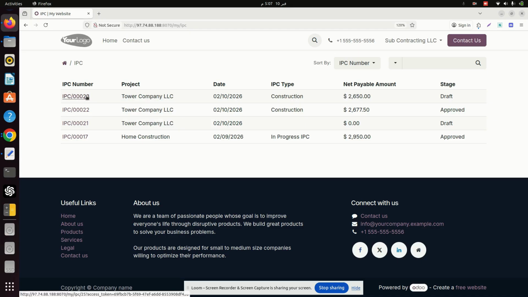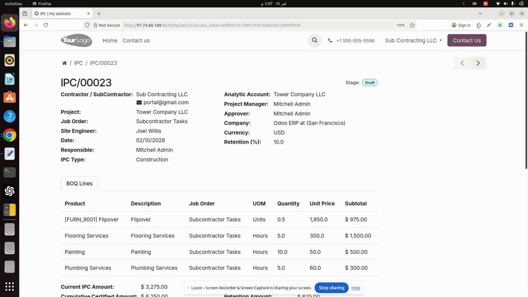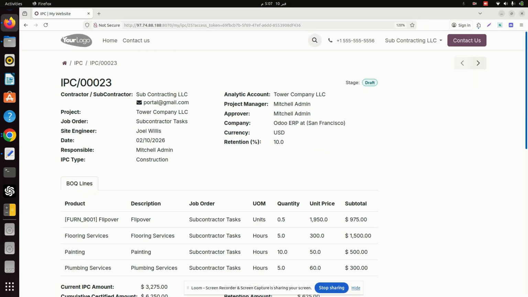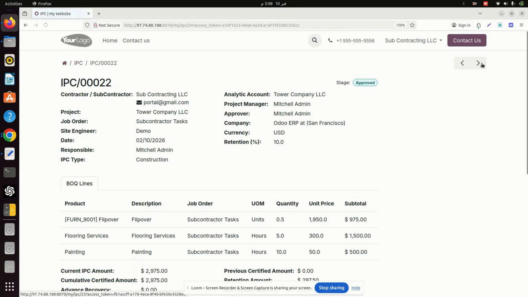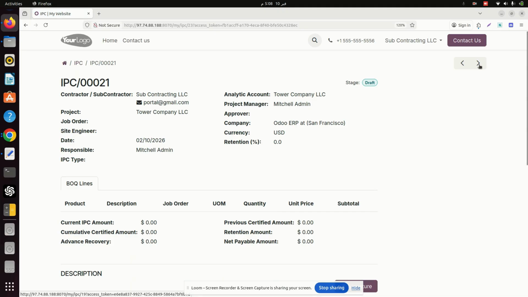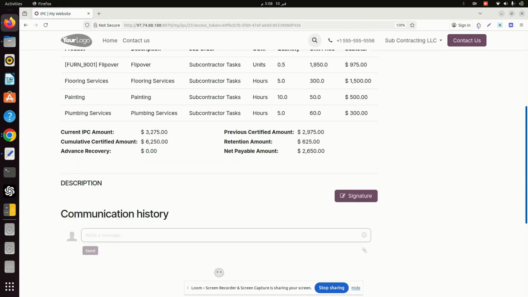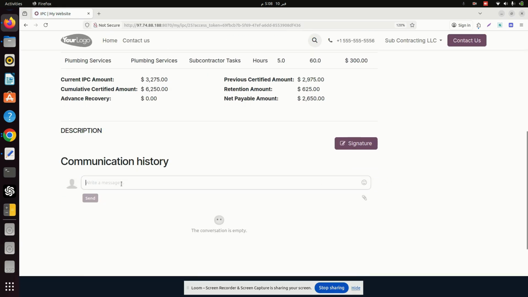Let's open one of the IPCs which is submitted here. This is the details of the IPC which is submitted. He can trace the stages also. Go to the next, it is approved. Go to the next, it is draft. If he has any query for any of the IPCs, he can directly message from here in the chatter